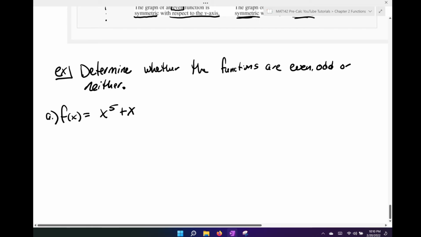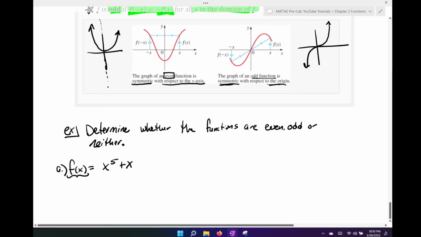All right. So first example is f of x equals x to the fifth plus x. Now, I know this is going to sound crazy, but half your work is already done. In other words, here is f of x right here. So if you come up here, I'm going to scroll back up. If you look at our functions,